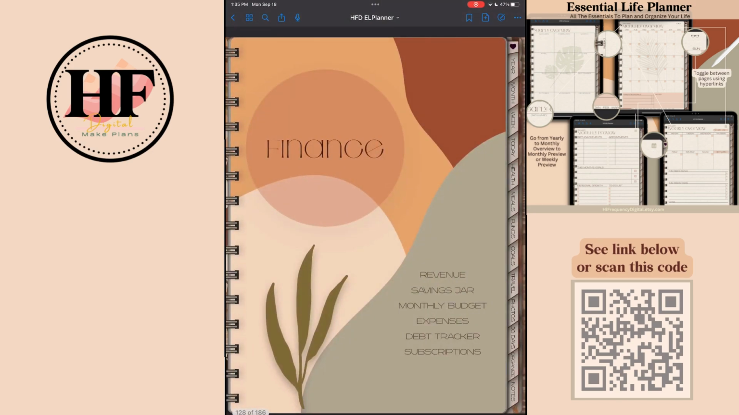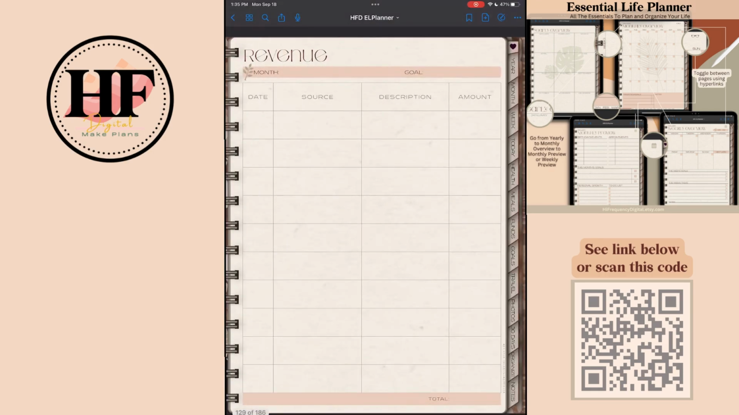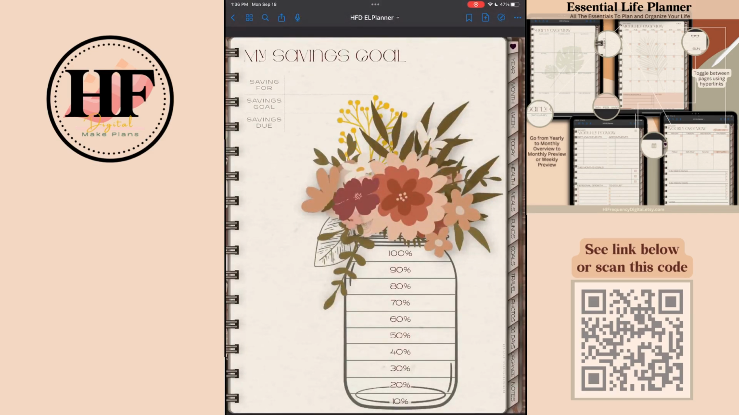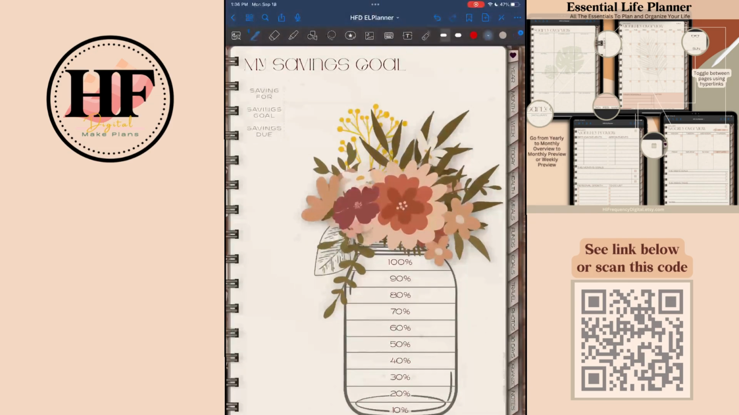Then we go to your funds or your finance section. And we have first your revenue. Next we have your savings jar. And for your savings jar, you would just put what you're saving for. That would go here. What your savings goal is, when your savings goal is due. And then you can just color in your tracker as you start to